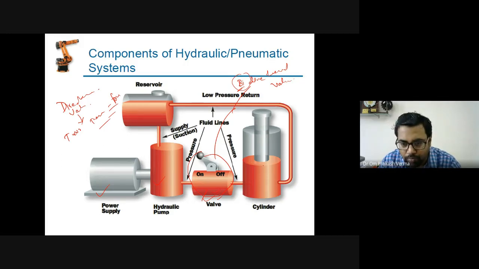Okay. So let's say this is the liquid, whatever liquid is flowing, transmitted from this side to the cylinder. And let's say when we increase this one, then the direction of this one goes upward, and when it decreases, then this goes in the downward direction, right? It will work on this principle. We will see in the next slide. And this one is the reservoir, where the total liquid is going to be stored.